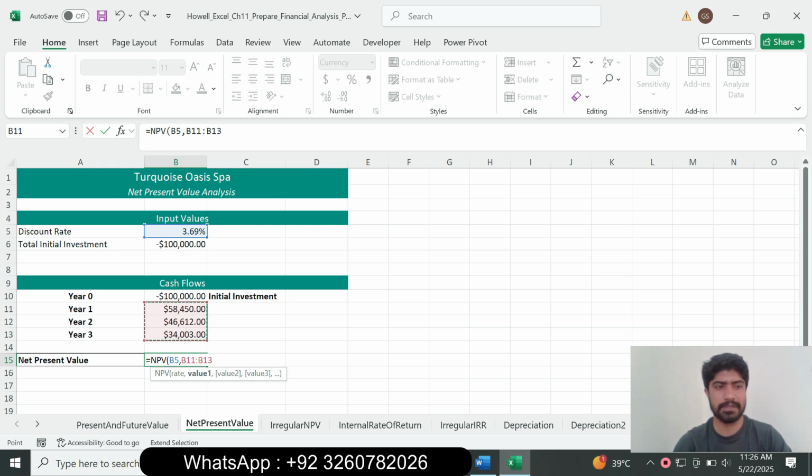B5, B11 to B13, and close bracket and plus B10. Sorry, year 0 is B10. NPV, B5, B11 to B13 plus B10, and press